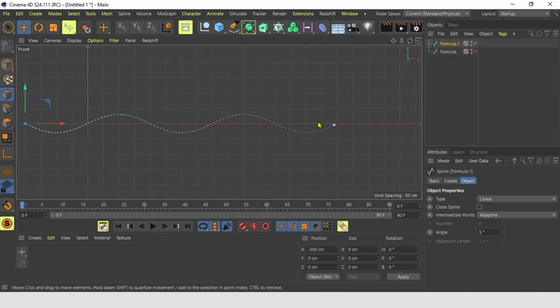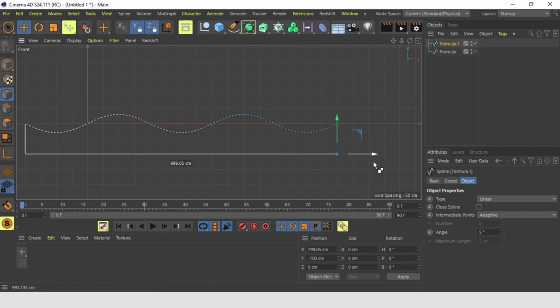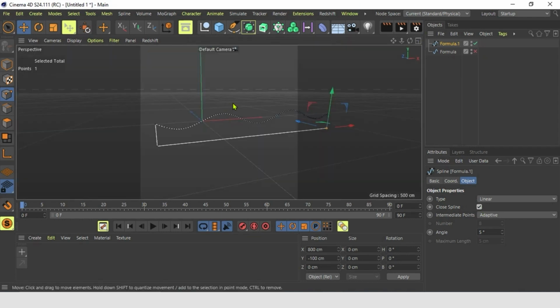Now we choose this first point, and by pushing Ctrl we can drag down and duplicate this point. So let's go to 100, we let it go, and we push Ctrl again and add an additional one all the way to the end, which is at 800, and after we can close the spline, and we have a nice closed spline.